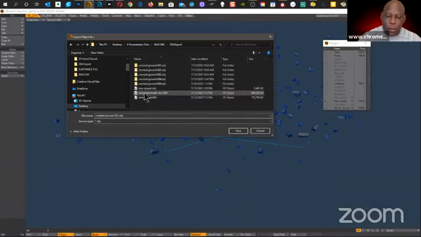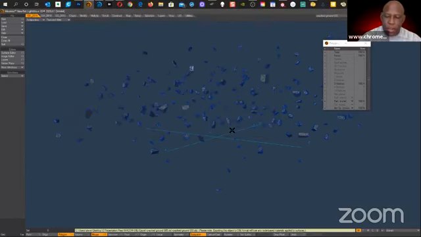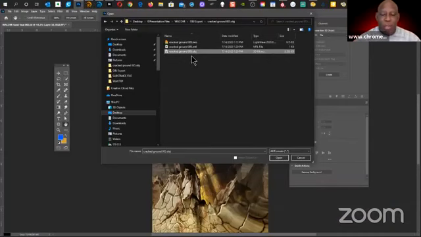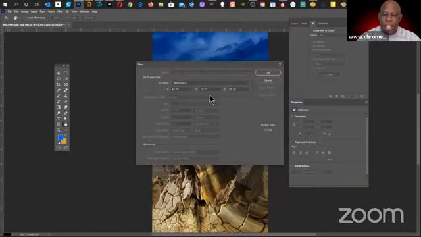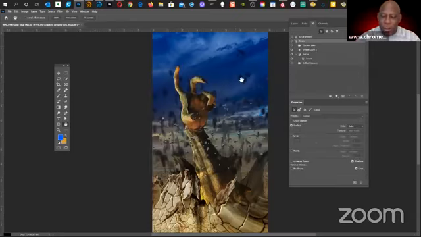There we go, right there. And I tell you what, I'm going to put the cracked ground number 5. There we go. Open up the folder, OBJ, save it. Now let's go back to Photoshop. Guess what? Photoshop now sees it right there, OBJ. Click open. When this panel comes up, that means it sees it. It's a good thing. Click OK. There it is. Look at that. All right.